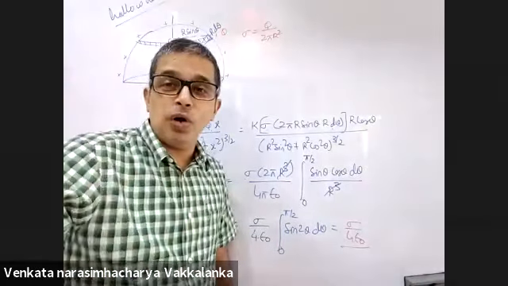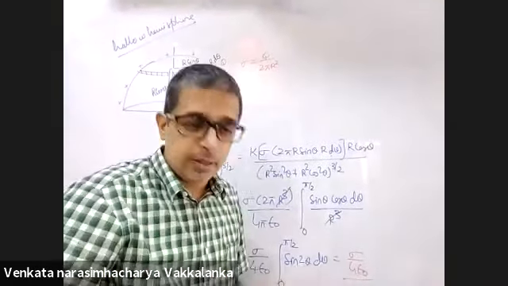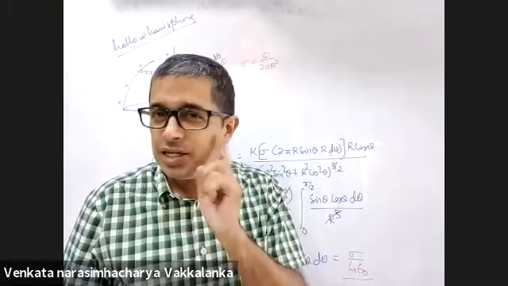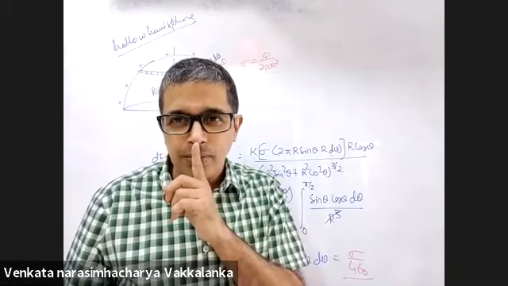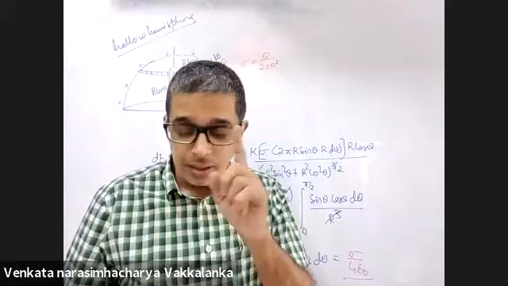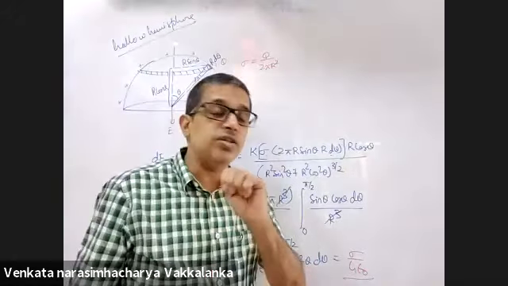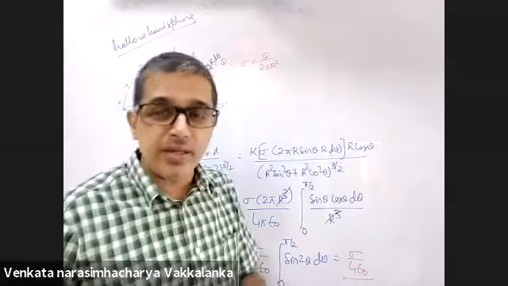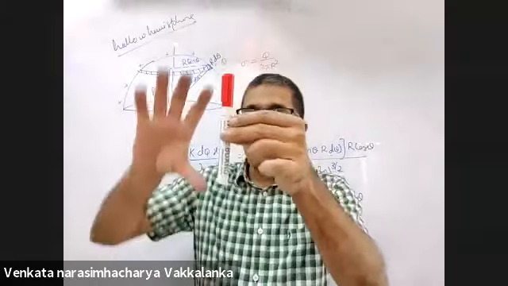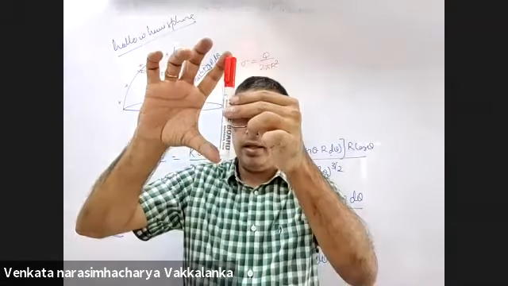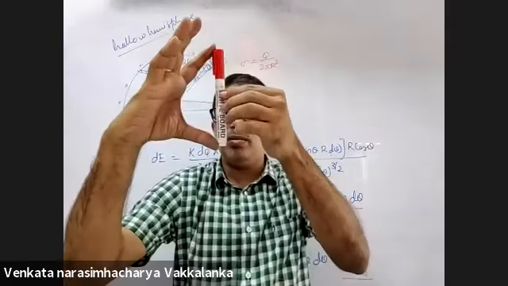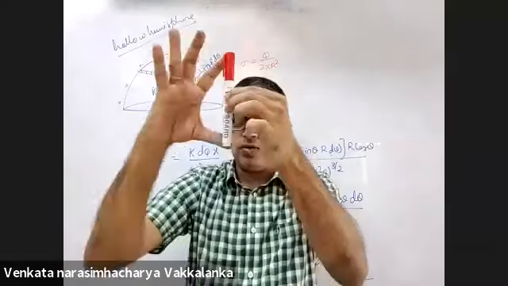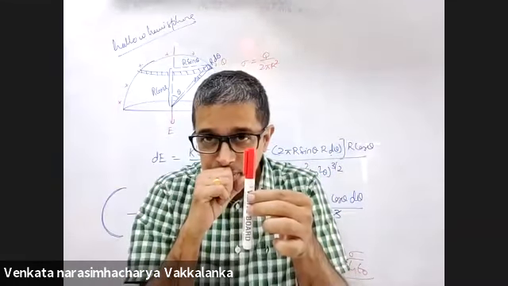Now listen, this boy's doubt will lead us into a new argument. Somebody said semicircular ring. Did I hear correctly? Yes, actually I said semicircular ring. Listen carefully, all of you listen to his doubt. Something important you will get to learn from this. What this boy meant is, he will take this as the radius. This is a semicircular ring. This is a semicircular ring. This is the way he is taking semicircular rings. Am I right? Yes, sir.